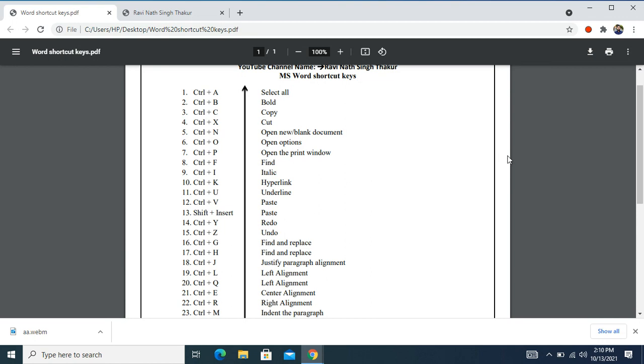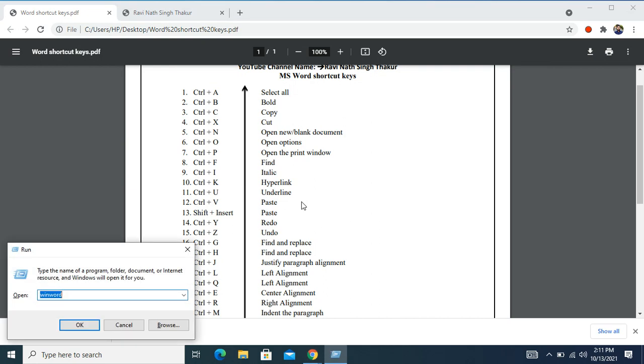In today's session, I will do it practically. So initially, to open MS Word, press Window plus R to open Run. Press the shortcut key Window plus R to open the Run and type WinWord.